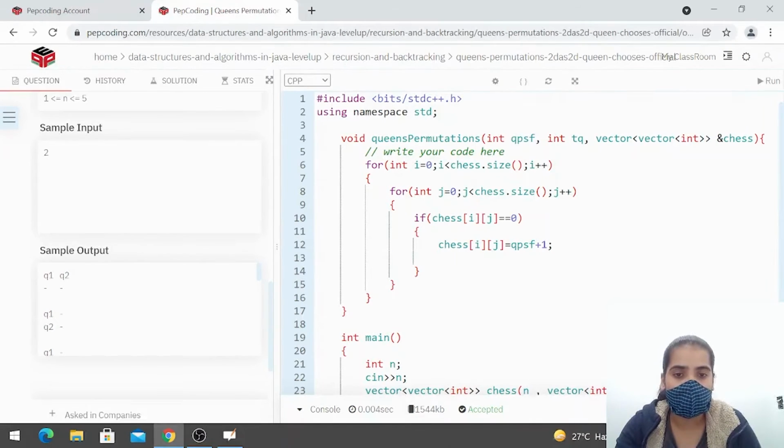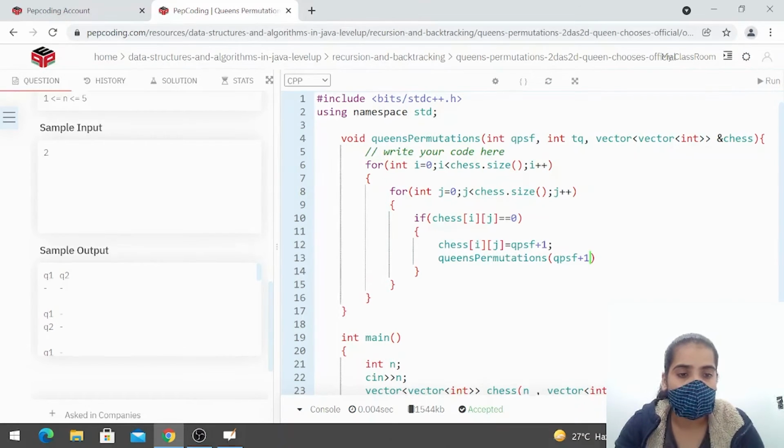This is my function queens permutation, where I have QPSF as my argument, which represents queens placed so far. Then I have total queens and the chessboard, a vector of chess. Now I have to call this function